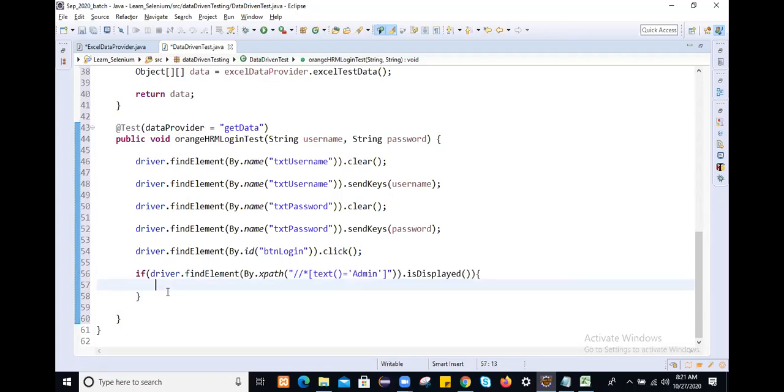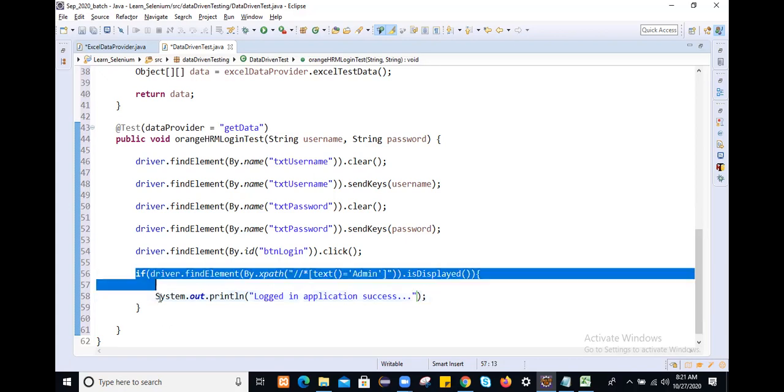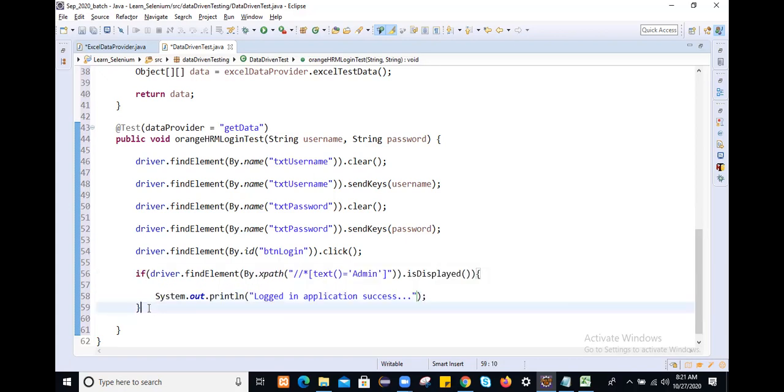If the condition is true, it means you logged in to the application successfully. Simply I will say sysout, login application success.